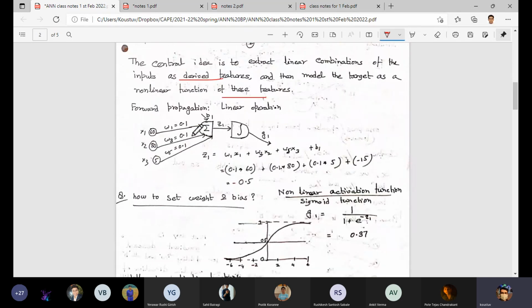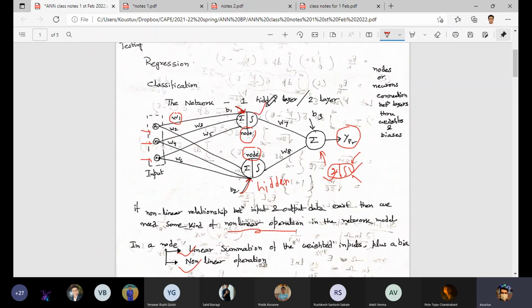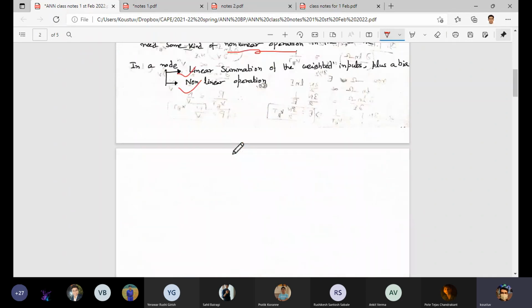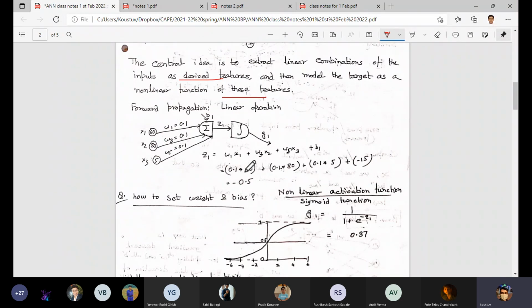Initially we have given a weight of 1.1. This is the upper node, so W1, W3, W5. That means this node we are talking about right now, and B1. Then Z1: we have broken the node or neuron into two parts, the linear part and the non-linear part. The linear part takes the information. At this point we are just summing up the weights and biases.